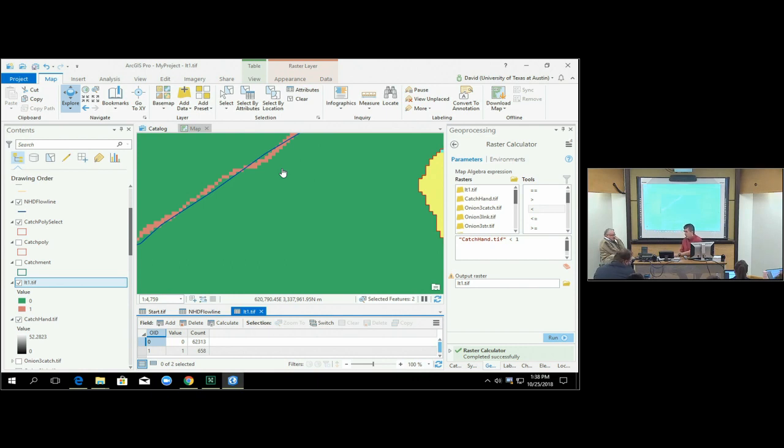You then want to say, okay, so what's the volume of water involved if we've got this depth? And there's a second raster calculation we can do for that. So now I'm going to say 1 minus, so 1 is the depth of the water. Catch hand is the height you are above the drainage. So 1 minus that is going to be the depth of inundation. So I'm going to calculate